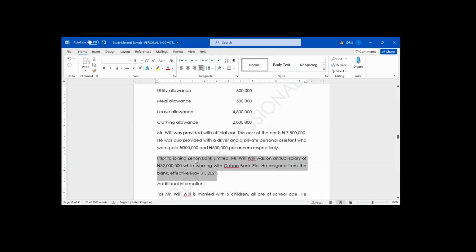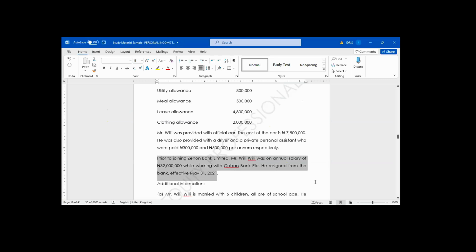They said before he worked in Zeno Bank, he had been working in Carbon Bank. How much is his salary there? 32 million annual salary. Now, if you want to compute